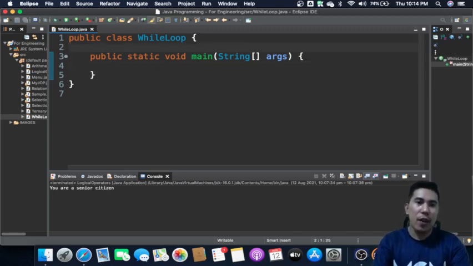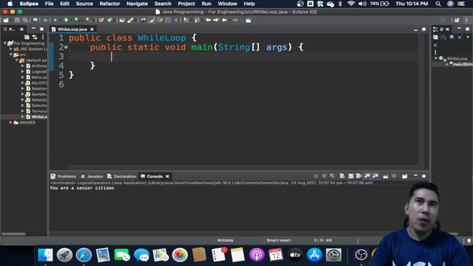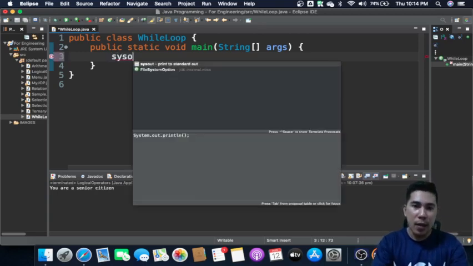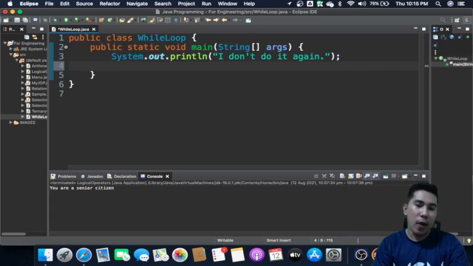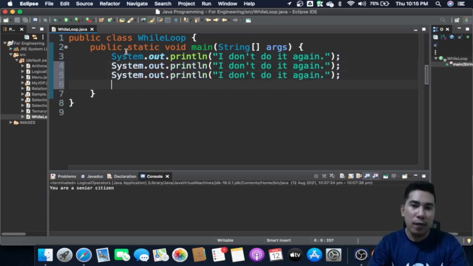Let's take the scenario that I shared. Instead of writing a statement over and over again, "I don't do it again," you could copy and paste if you're using pen and paper.